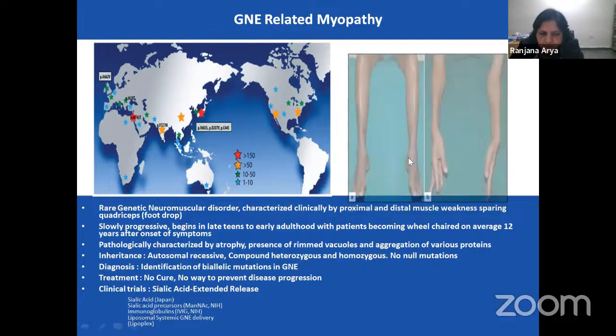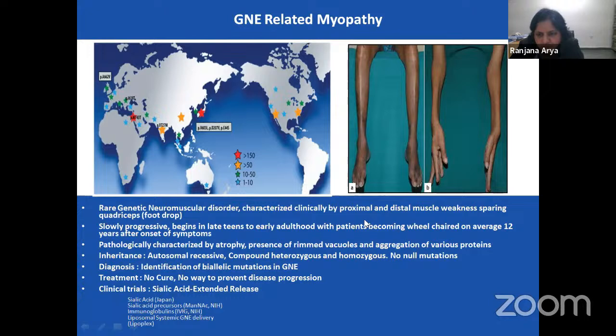This particular disease is characterized clinically by proximal and distal muscle weakness that spares the quadriceps. So here you see the patients usually have defects in the muscles of the limbs and the hands, and eventually they become wheelchair-bound, maybe 12 to 14 years after the onset of the disease. Pathologically, these symptoms are associated with muscle atrophy, and rimmed vacuoles are observed with a lot of protein aggregation, something like in Alzheimer's, where you see beta amyloid and tau proteins, which are found in the rimmed vacuoles of the muscle cells of the anterior tibialis. So these are the pathological